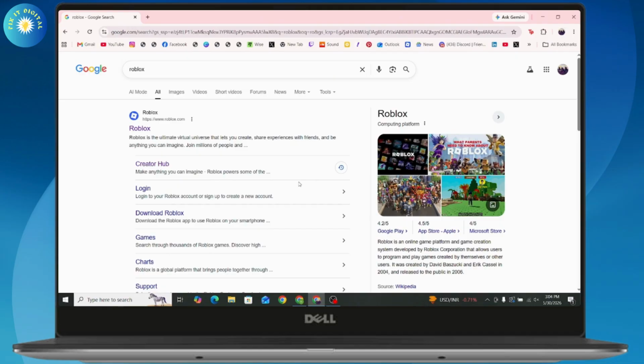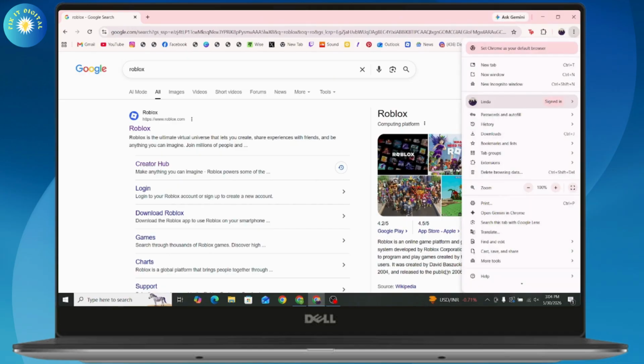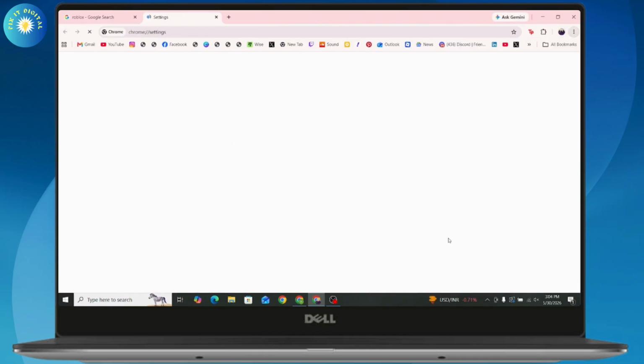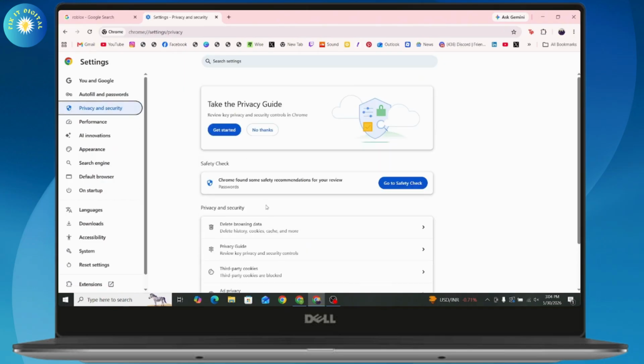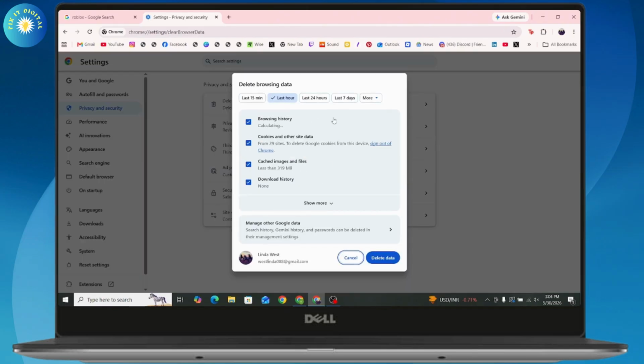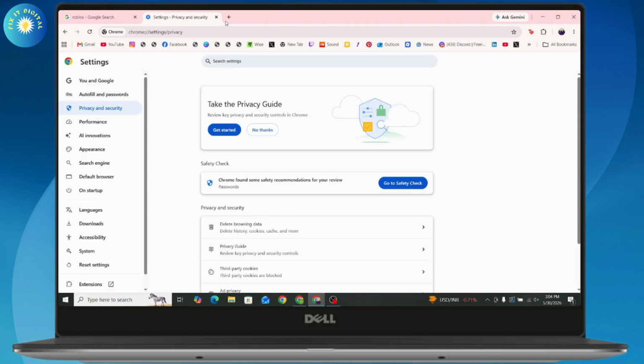So what you need to do is just simply go to the top right, which has those three dots, and then just scroll down a bit and go to settings. Under settings, go to privacy and security, and here you need to go to delete browsing data and delete all of your browsing history. After deleting your browsing history, your problem might be fixed, but if that doesn't fix your problem,